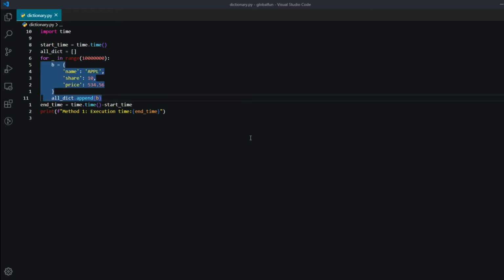Now I want to see how we can initialize dictionaries and how each method affects our execution time. So let us try the second method.